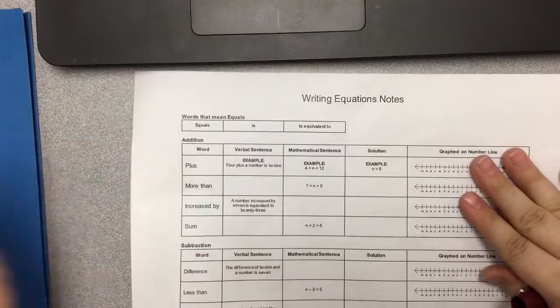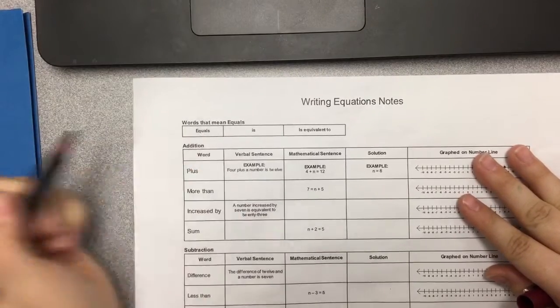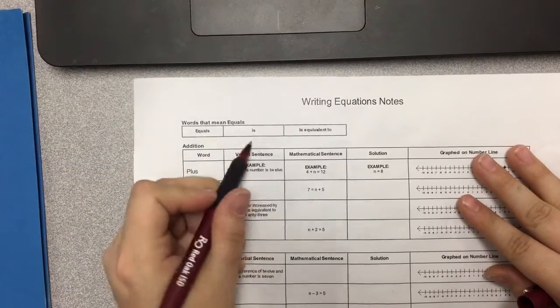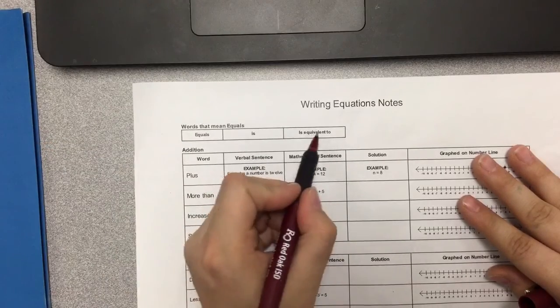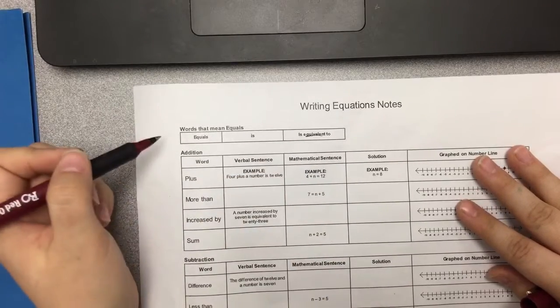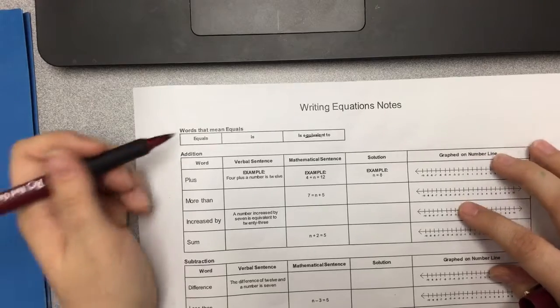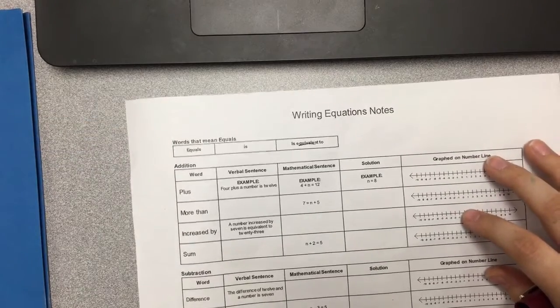So this is actually our right side. The first side we're looking at is words that mean equals. Obviously there's equals, is, and is equivalent to. We know equivalent from our equivalent expressions. Something else I want you to remember that we reviewed mostly in class is